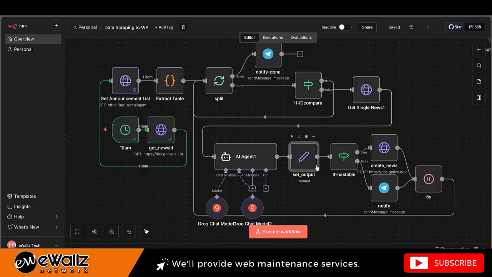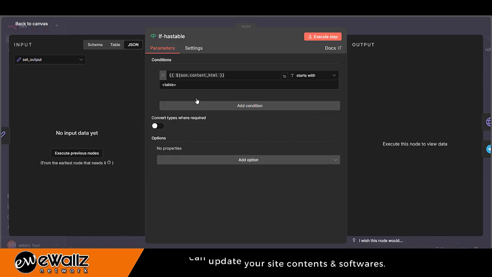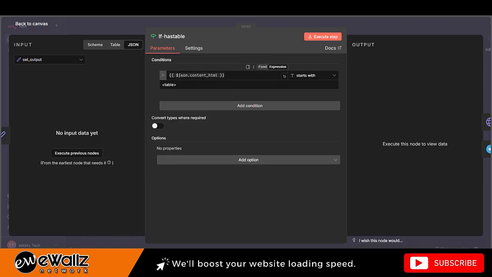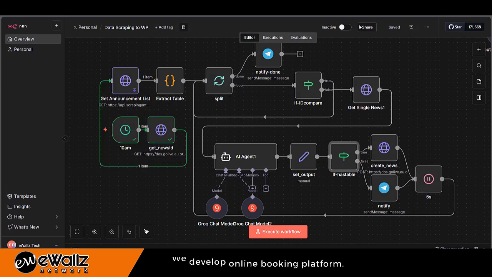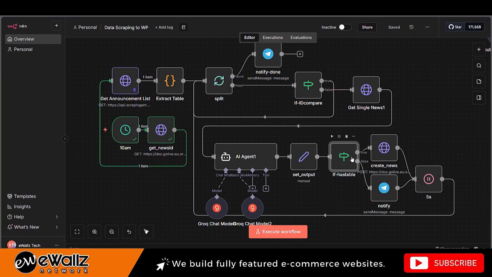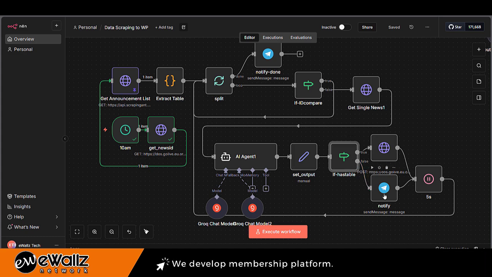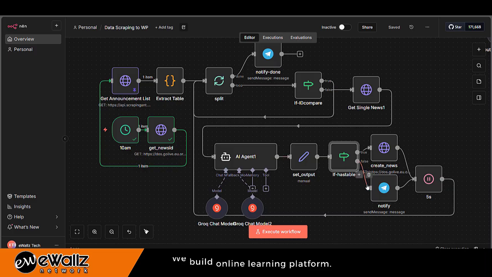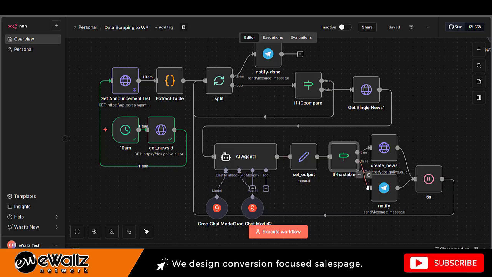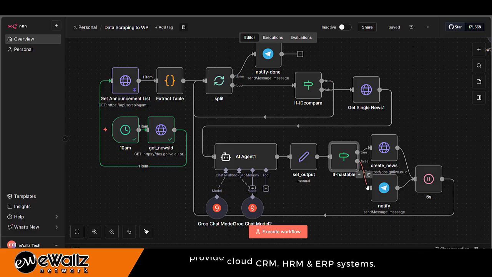So we have to revalidate the content using the if node. We need to ensure the content HTML starts with the table tag. If not, n8n will send us a notification about which news item was not restructured properly by the AI, so that we can revisit only that one in the workflow and recreate the post.